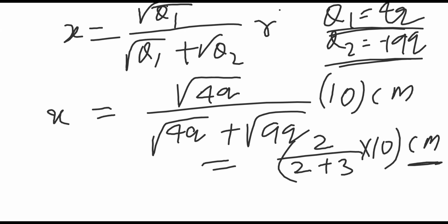Okay, now we'll go for calculation of capital Q. Please write this completely. In the question, if you are given meter, convert into meter, otherwise keep it in centimeter. Above root Q, below root Q is getting cancelled. Root 4 is 2, root 9 is 3. So 2 by 2 plus 3, so it is 5 into 10. How easy, you check.